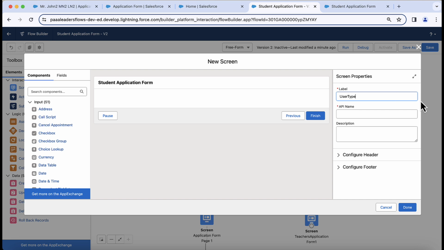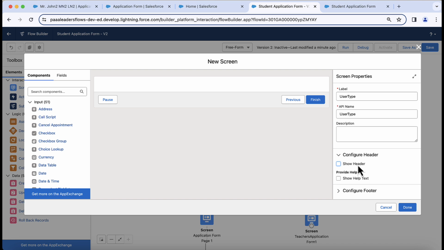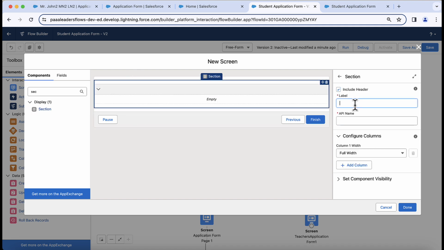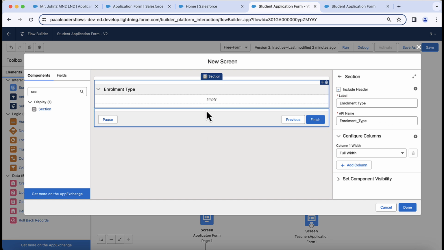I'll just give the name as user type. So user type, in the configure header I will say hide the header for now, and under the section, using section, I can add one header and give a label enrollment type. For enrollment type, I can select radio buttons,